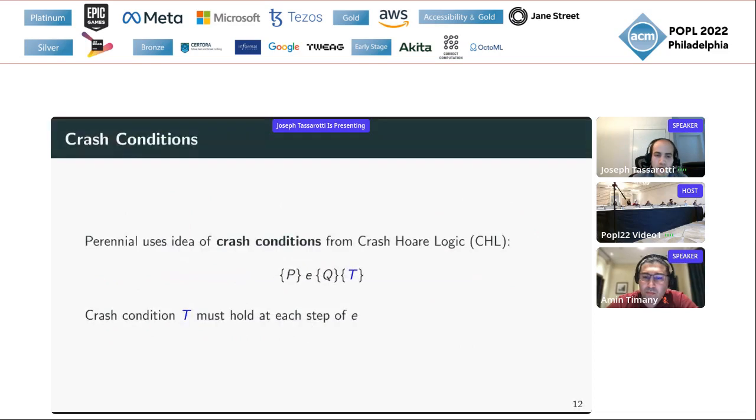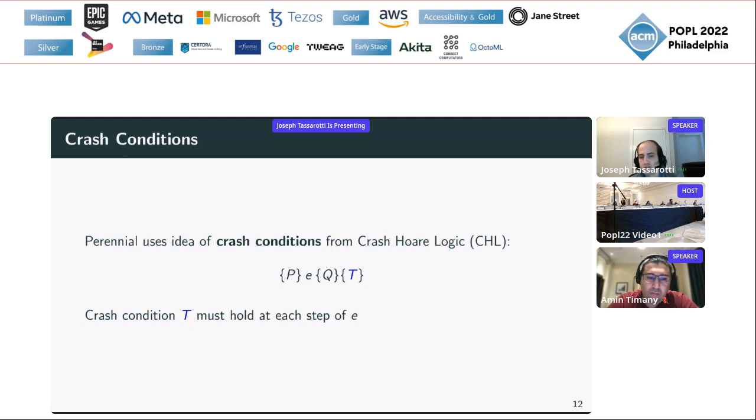Crash conditions actually occurred in an earlier program logic for sequential systems called Crash Hoare Logic. The idea of a crash condition is we're going to take our Hoare triples and add a new assertion to get a Hoare quadruple.